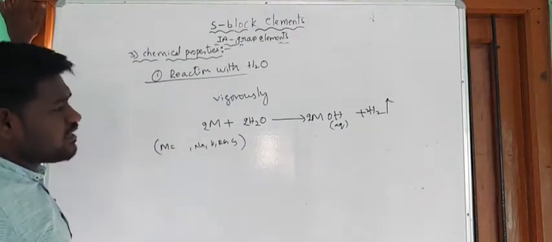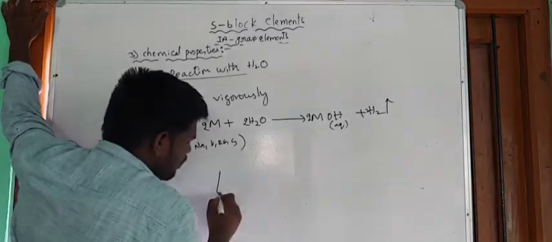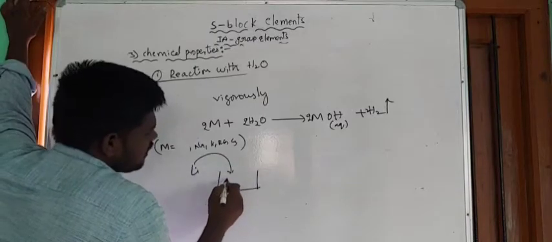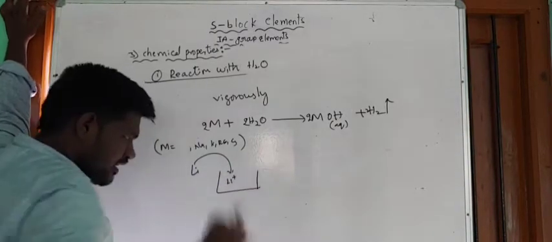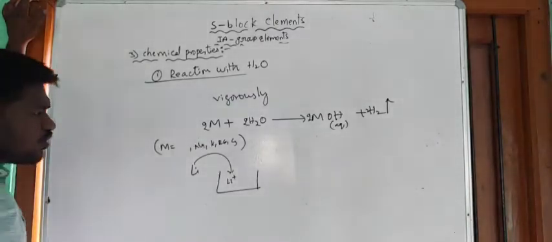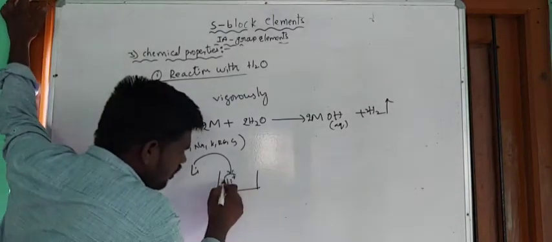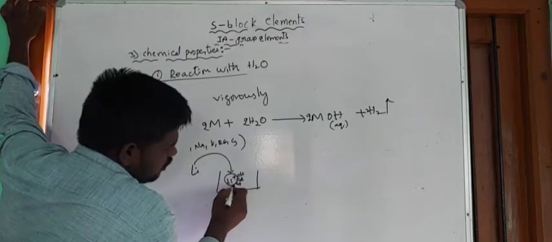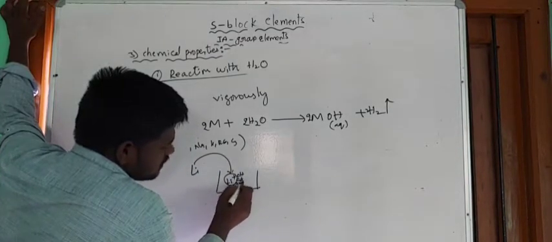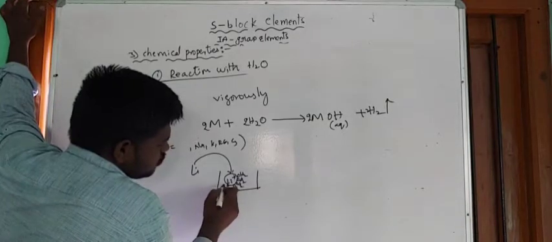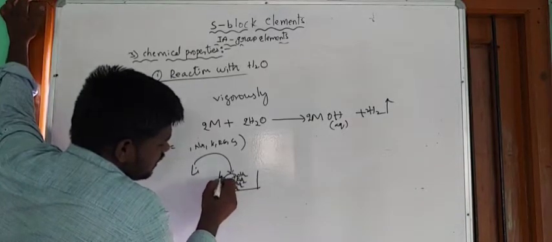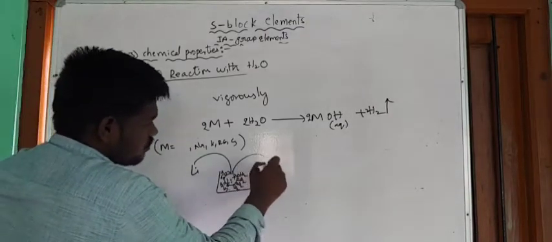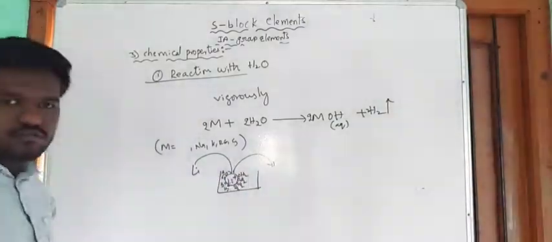The reason for that: when lithium is dropped in water, immediately it forms Li plus by losing the electron. So now this lithium is surrounded by the water molecules. When the water molecules form bonds or partial bonds with the lithium, a lot of energy is liberated from this sphere. So when energy is liberated, it becomes very stable.